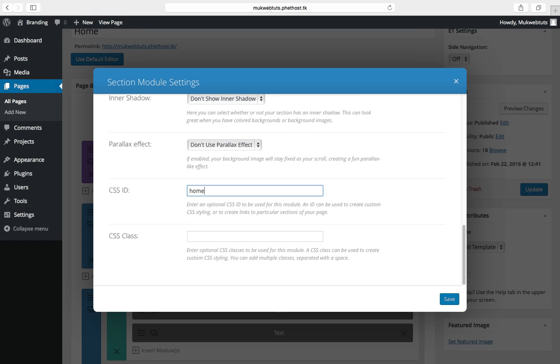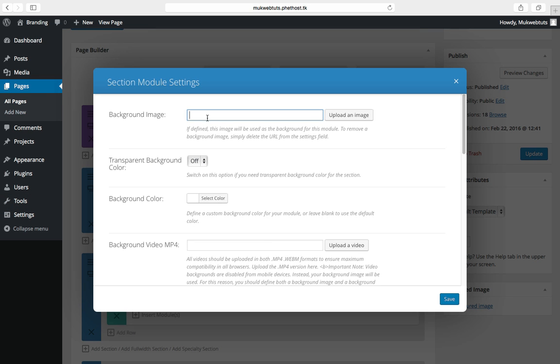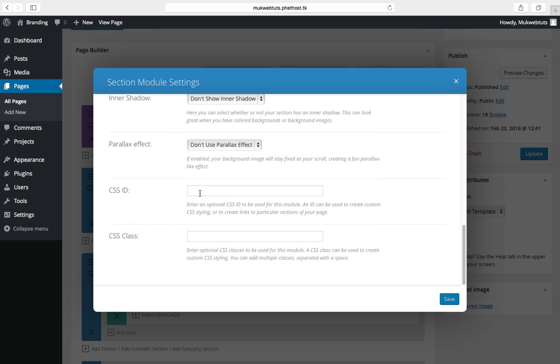Let's just put the IDs right now. I'm gonna put home and save this, and I'm gonna come to our why us section. I'm gonna scroll down to CSS ID and I'm gonna put why us. I'm gonna save,